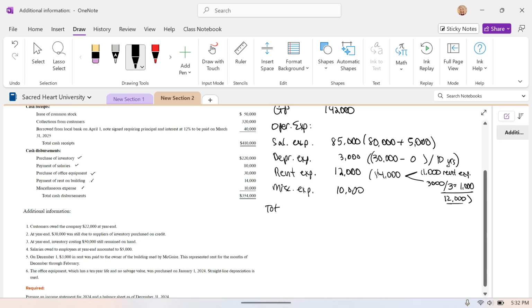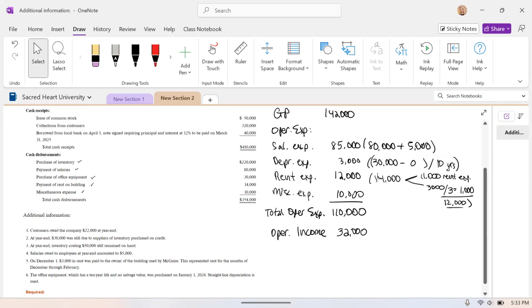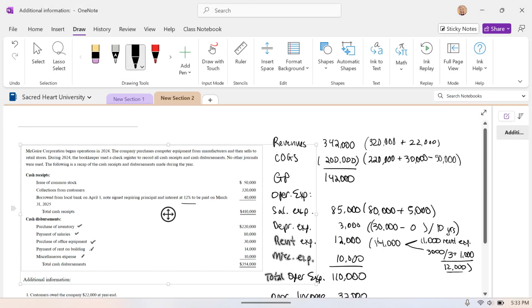So our total operating expenses are 110,000. And our next step is to calculate our operating income. So if we take our gross profit of 142, subtract out the operating expenses of 110, our operating income is 32,000. One more expense, which is that given here, we borrowed $40,000 from the bank on April 1st of this